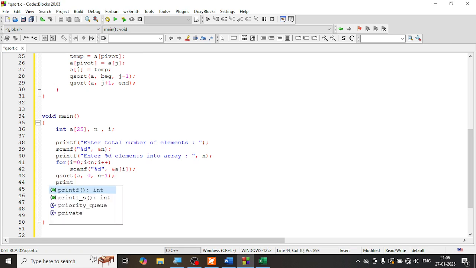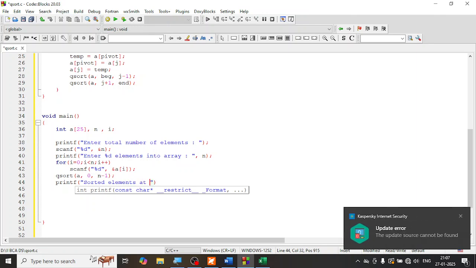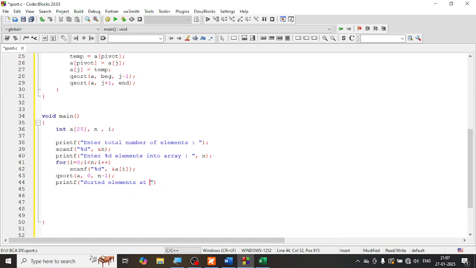After that, I'm going to say printf sorted elements are. This advertisement, they are not paying me, but they are getting the free advertisement. I can't help it. I will uninstall that software now. Okay, so sorted elements are, let's see,